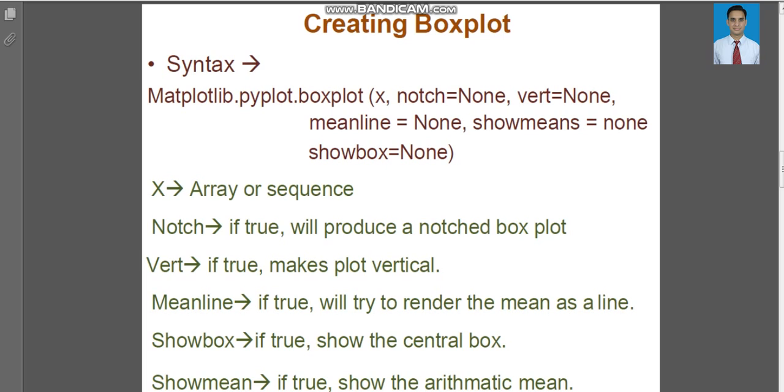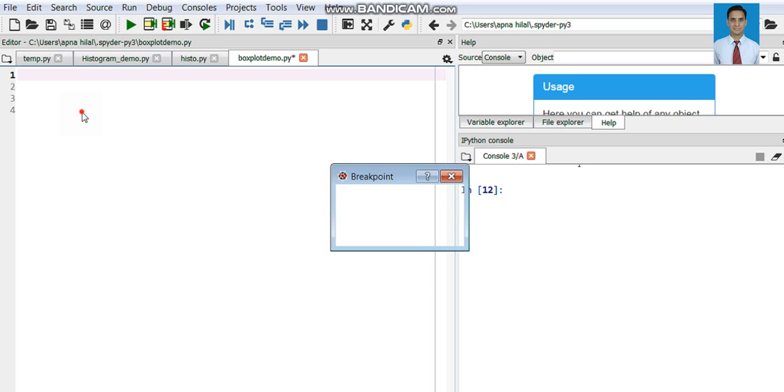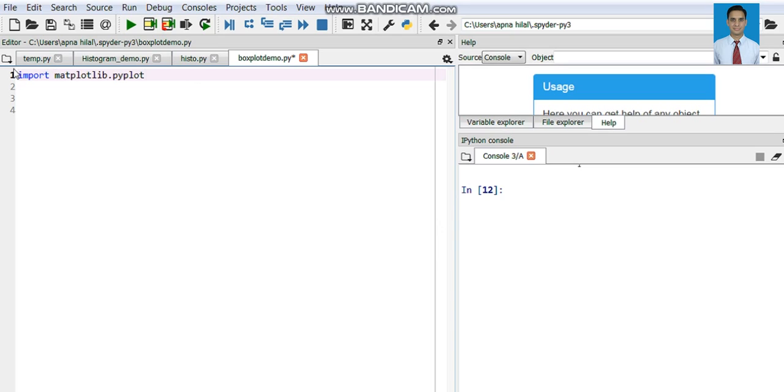Now we will implement the box plot practically, and we will see the value of all the parameters. Let us now implement box plots. First we have to import matplotlib.pyplot as plt.